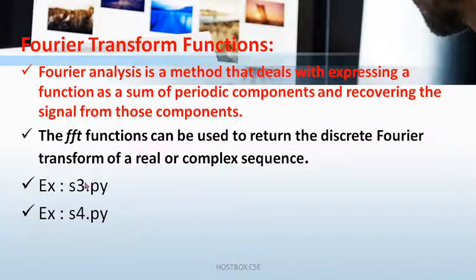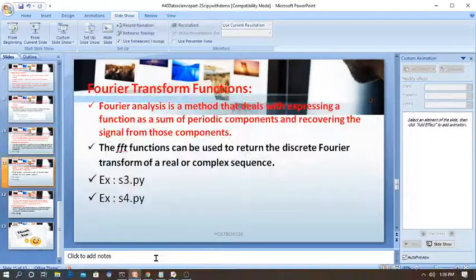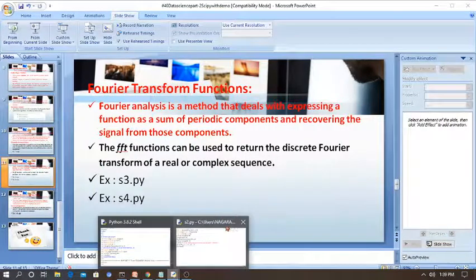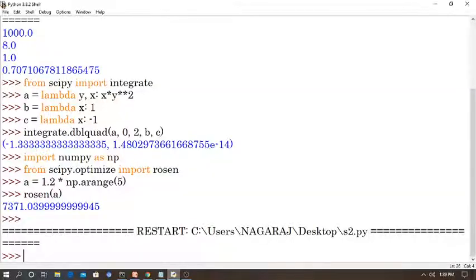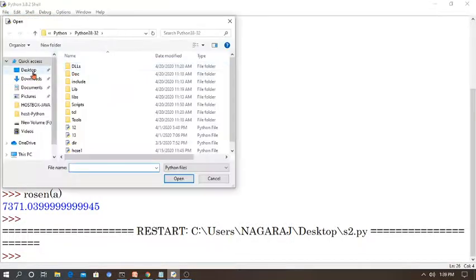So now we are going to see the program s3.py to print the Fourier transform value, and another program s4.py for the inverse transform function value. I already have s3.py, just open it directly on the desktop.